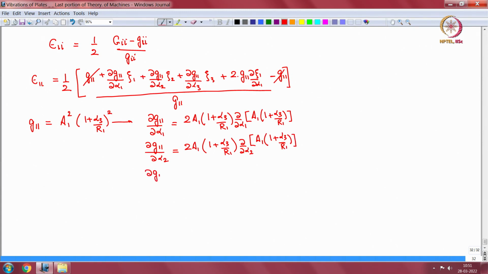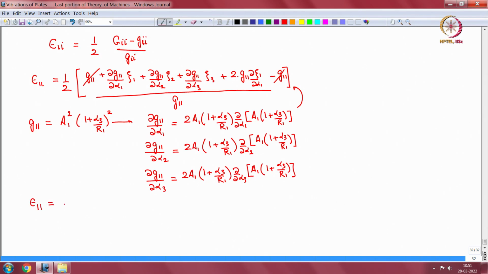del G11 by del alpha 3 is equal to twice A1 (1 plus alpha 3 by R1) del alpha 3 of A1 (1 plus alpha 3 by R1). Okay. So now let us see. We have to bring all of this into here. So epsilon 11